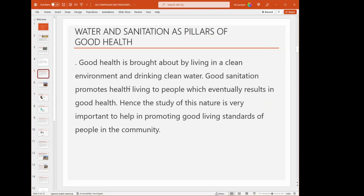I've already talked about water in general. I've now talked about sanitation in general, but this time I want to talk about water and sanitation as pillars of good health. Now, one thing that we should know is that good health is brought about by living in a clean environment. This is very, very important. If we are going to have good health,